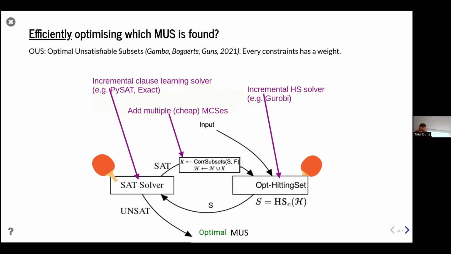Okay, now if you want to do this efficiently, and this is what we use in the app, you again need 3 components. First of all, your set solver should be incremental. And so here we again use an assumption-based solver because we're going to call it many times. Second of all, your hitting set solver should also be incremental, meaning that if you change the coefficients, no,